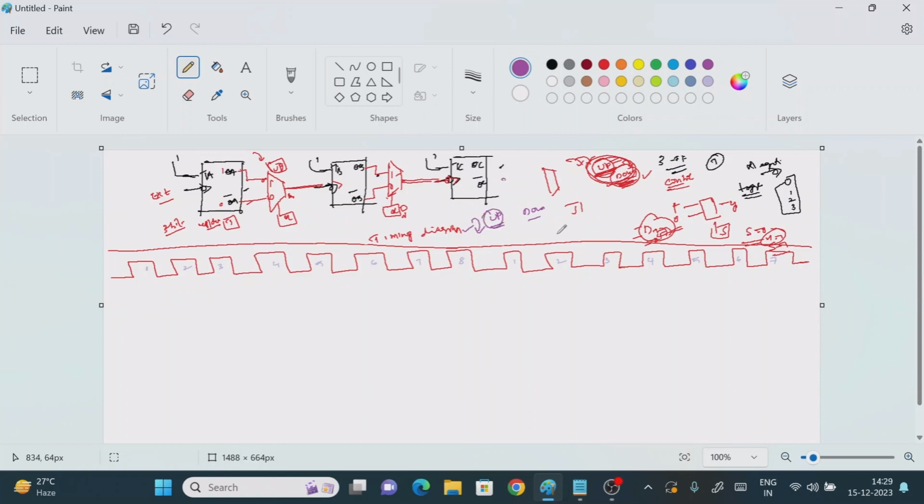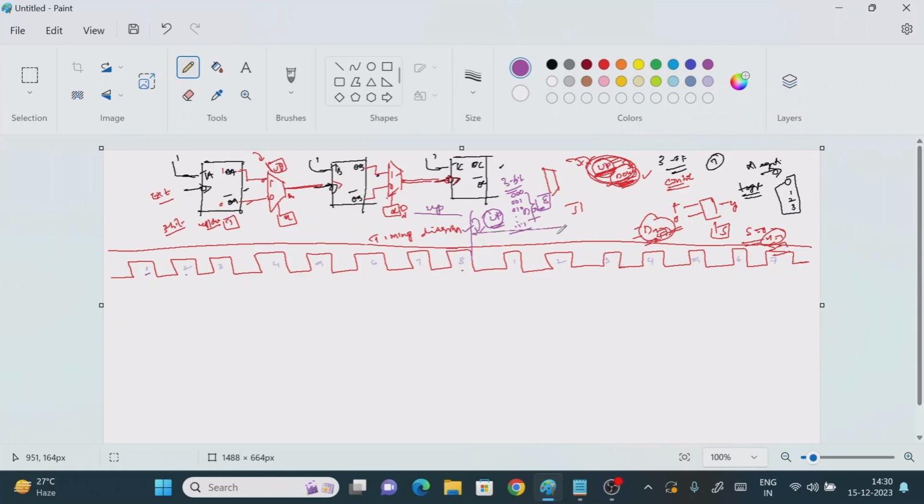If we are taking 3-bit, or mod 8, how many values will you get? 0, 0, 0, then 0, 0, 1, then 0, 1, 0, up to 1, 1, 1, right? So how many clock pulses are required? 8 clock pulses. For that reason I am considering a total of 8. This I will use for the up counting.